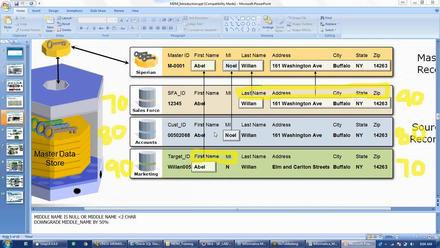But there might be a possibility that the middle name value comes as null. How can you know that the middle name can come as null? You can know by looking at the source data, how the source is inserting the data. If you look into the forms, you will know whether they have any check for first name or last name or not. Probably it might be a nullable column